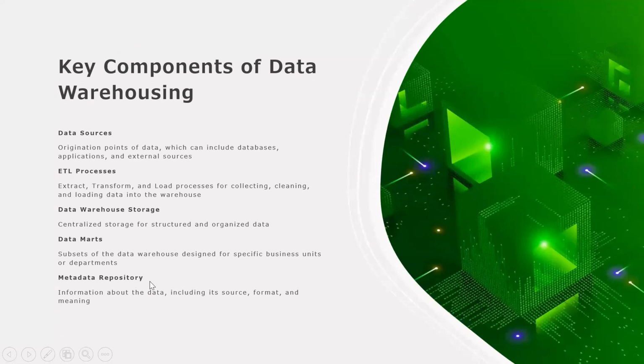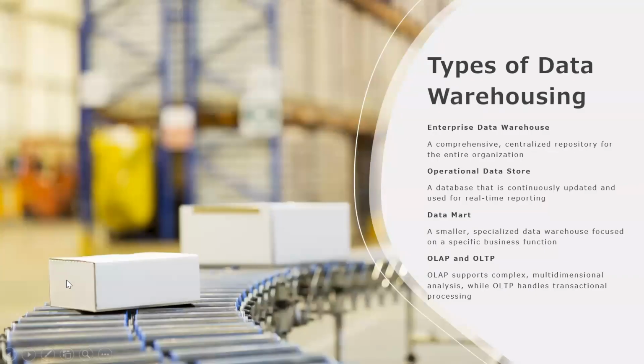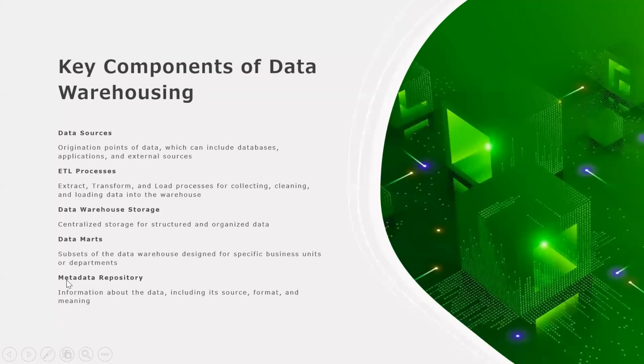So here, the metadata repository is there, right? Metadata repository means the data which is talking about the actual data, with some conditions for each of the columns. That metadata is saved as a repository in the data warehouse. That section of data is called the metadata repository. So these are a couple of key terminologies which we are going to use when we talk about a data